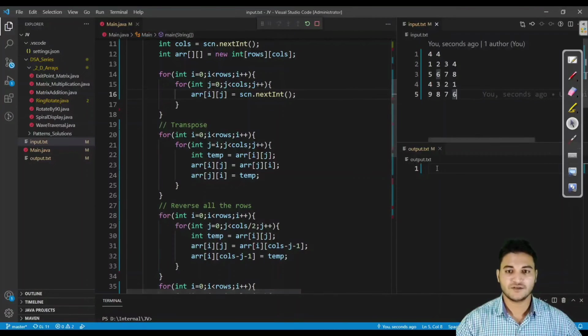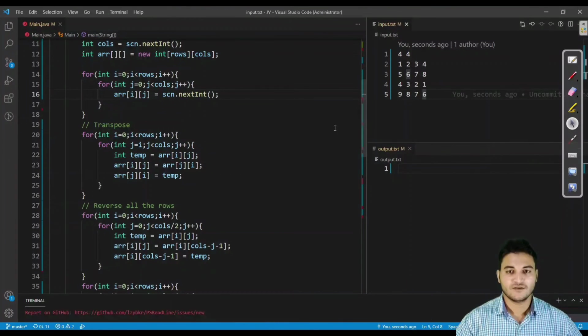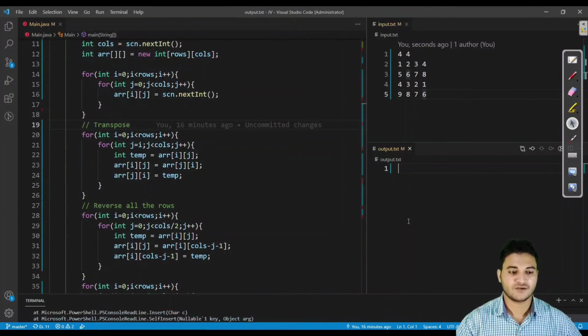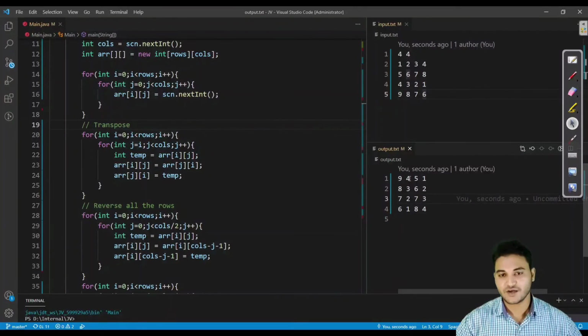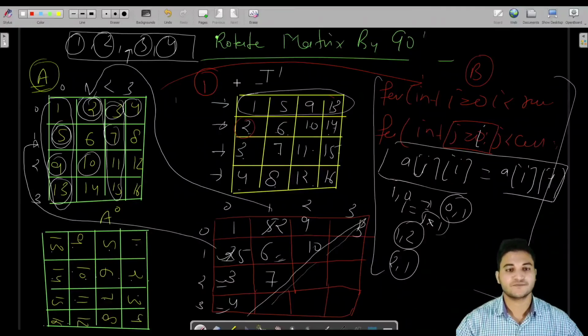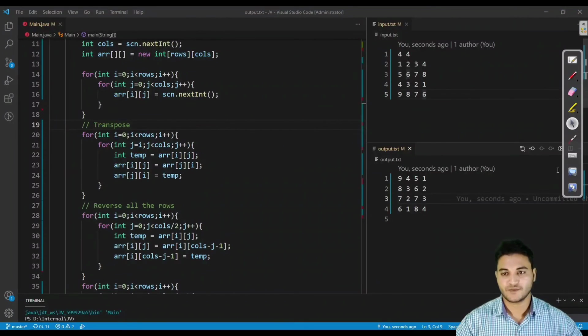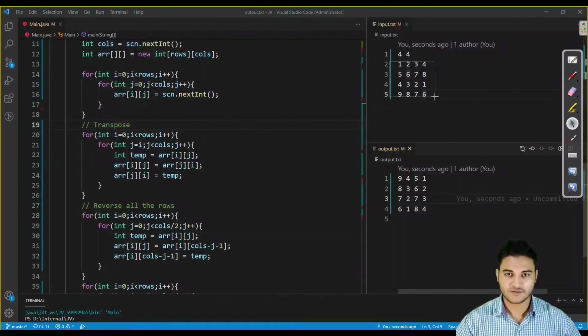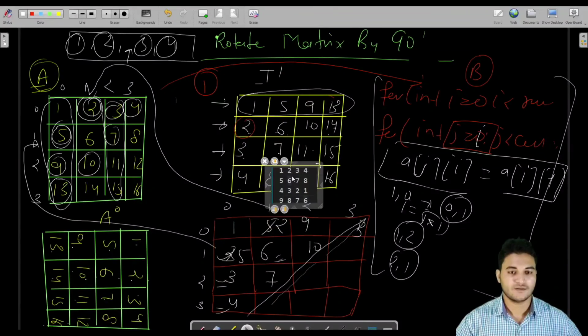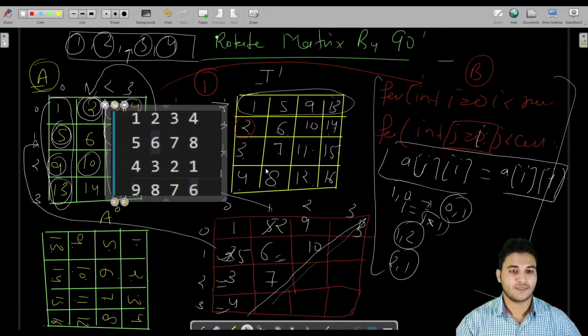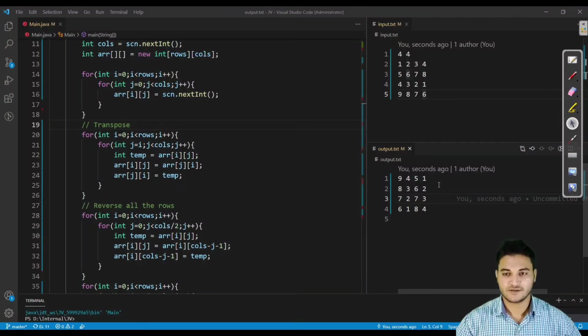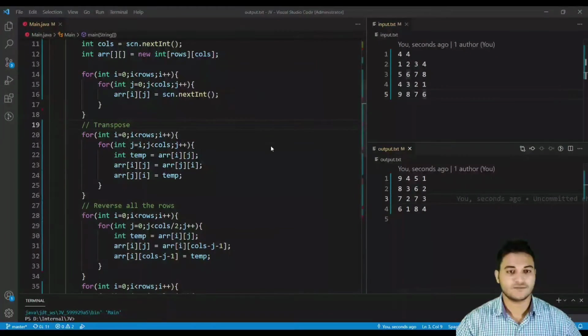So I have executed this, and let us see whether this is correct or not. It usually takes more time in executing the code. Is it? No, it is not completed here. You can see, we are getting this output. Let us analyze it also. So currently, let us take this to the board. Fine. This was our input, and this is our output.